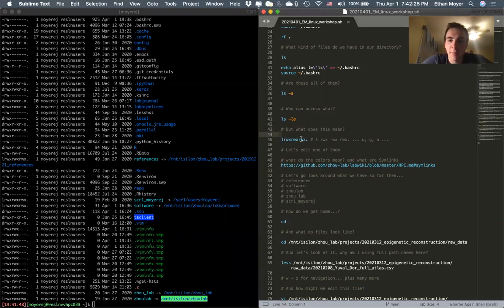So you can split this up. I think there's like 10 letters here, and the first one specifies the type of file. So you'll see that this is L for symlink. You might see D for directory, and then you might see a dash for just a regular file. And then there are 9 characters that follow. This is just a repeating rwx, rwx, rwx, and these sets of 3 correspond to permissions for different groups